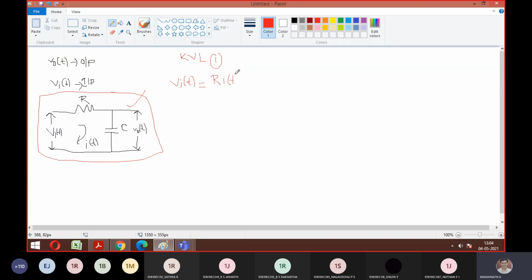Okay. So you have the capacitor also, so I should go with plus. How to represent a capacitor in the time domain, I taught you: 1 by C integration of I of t dt. So this is my first equation. Any doubts, anyone, how we got this? Is it fine? We just applied KVL logic to mesh 1. That's it, nothing else. So what is the next, for mesh 2?